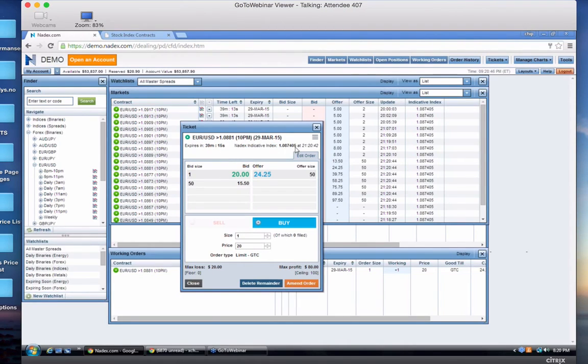The underlying indicative right now is trading right here, 108.74. Relative to this, it's below the strike. So this differential, for it to finish in the money, you need this to be over that strike. So you're obviously bullish, and it needs to go higher.